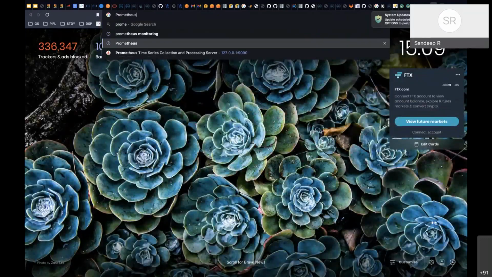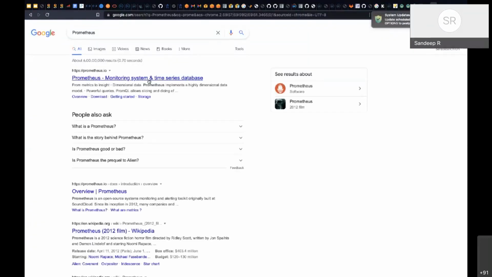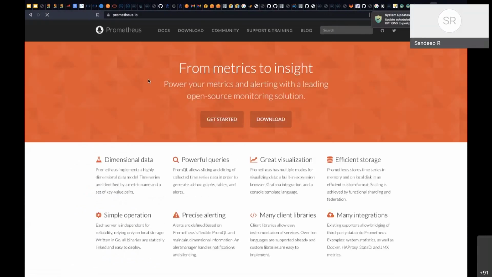Prometheus monitoring is an open source monitoring system. Whatever all the instructions, all the health of the switch, whatever is happening on the switch, forwarding decisions, whether to send it to the firewall, whether to send it to the next hop, all those kinds of decisions, basically the metrics, you can see using Prometheus.